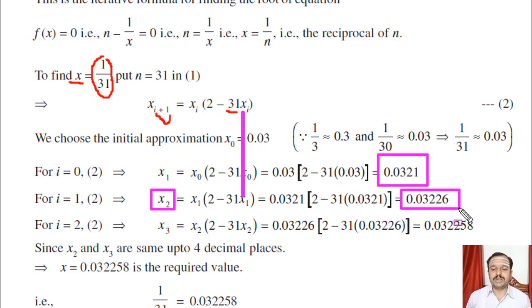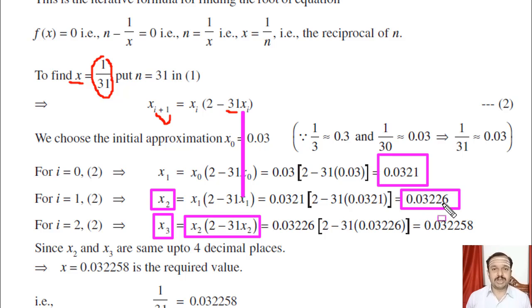So 0.032 up to 3 places of decimal, both the answers are correct. Even then, I request you people to proceed for one more step. So i equal to 2, if you substitute, you will get x3, that is the third approximated value of x, and that is the same formula number 1, RHS. Substitute the value of x2, which was computed in the previous step, that is